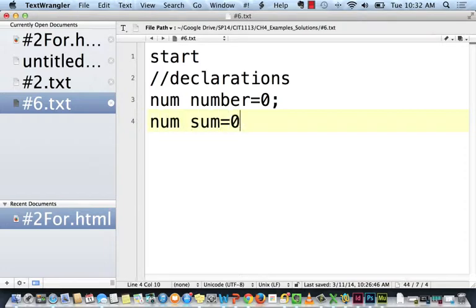Num, sum equals 0. Oops. Then, yes? Never mind, that's the input number. Okay, and actually I'm putting semicolons and I don't need to. It's pseudocode, but habit, I guess. Okay, so this one is the counter, so let's just call it CTR for counter is equal to 0, or